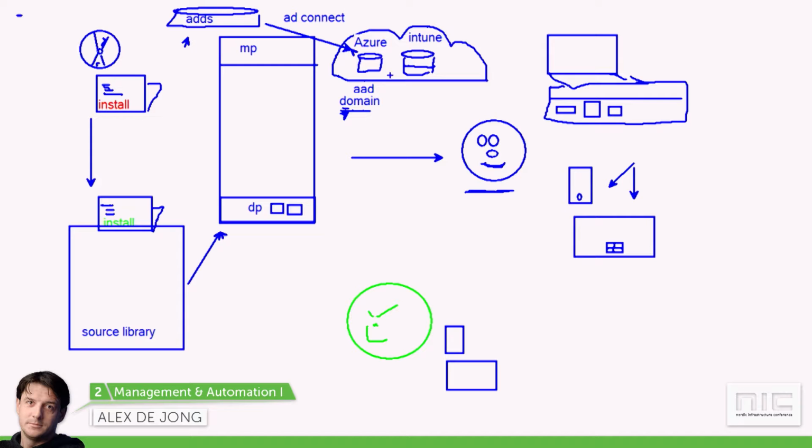The thing is that we would like to synchronize our Config Manager database that we have here with our Intune database. I don't have to tell you, I think, that you need an Intune account before you start with this. So you have an Intune account, you build this in 5 minutes, and it's up. Then one of the things you need to do is set up the connection between Config Manager